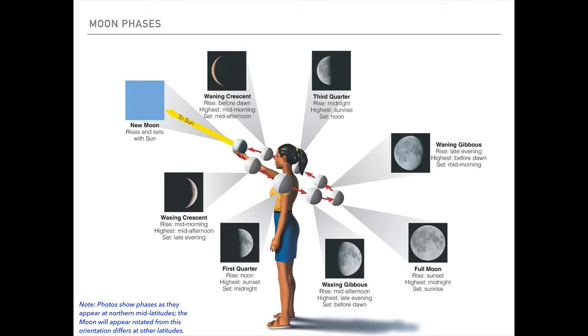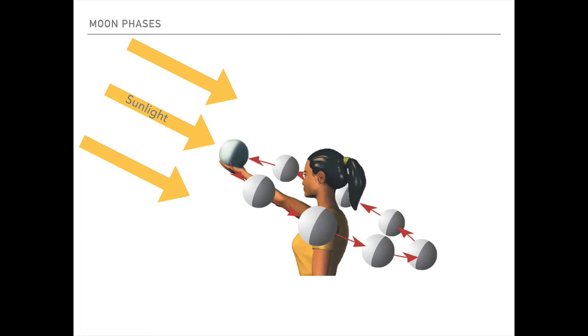This figure from your textbook summarizes a lot of information about phases of the moon. In this first part of our two-part video on moon phases, we'll discuss why we see the different phases. This student is conducting a simple demonstration that explains moon phases, one you can easily do for yourself on a